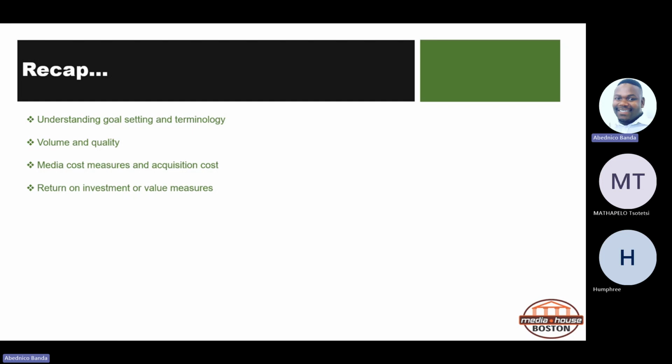So that's the VC model. Yes, it is attracting the volume, but what is the quality of sales that you're going to get from that? After targeting 1 million people, what percentage of those targeted people are actually going to buy that product, or are actually going to register? Whatever the call to action that was in that digital media, are they really going to act on that message, or are they just going to view it? So there's a difference between viewing and actually acting on a message.